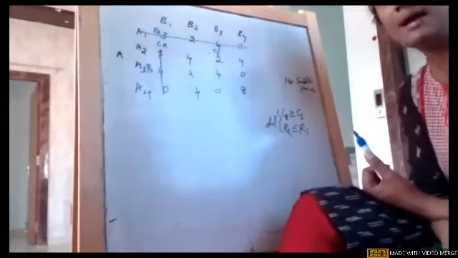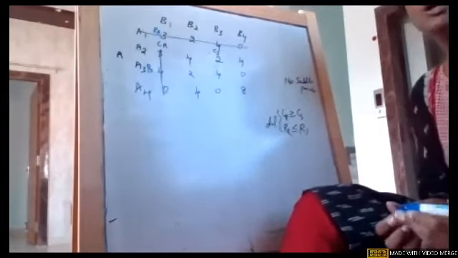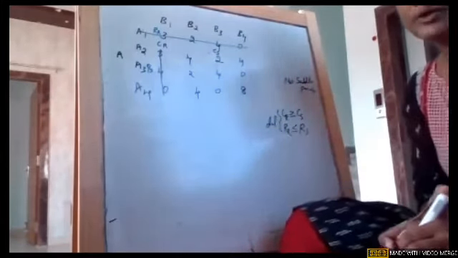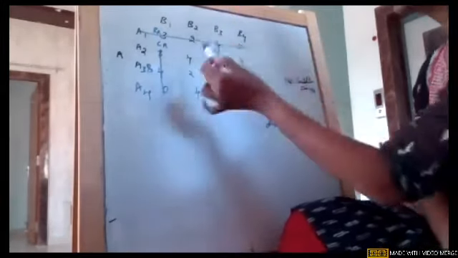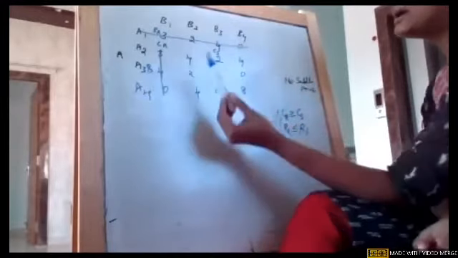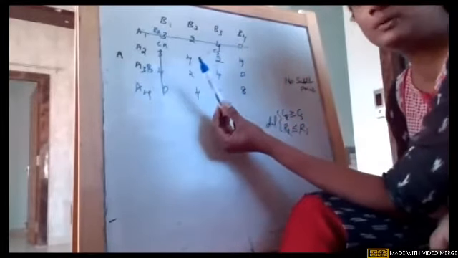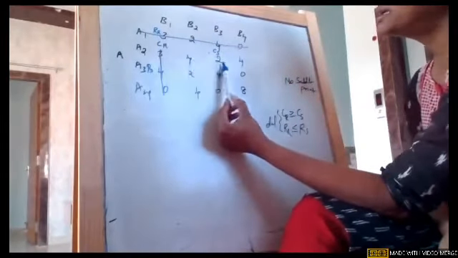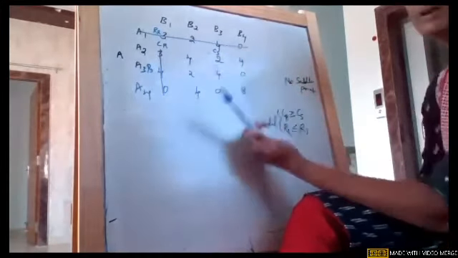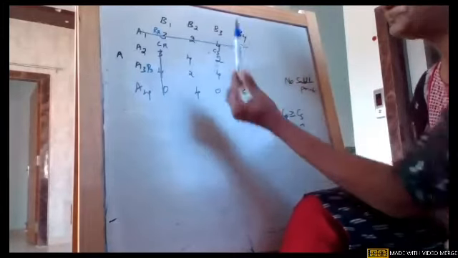Now again, the 3 by 3 matrix we need to further reduce to a 2 by 2 matrix. Okay, so that is the challenging task. So now what happens, girls, in this 3 by 3 matrix, we can't apply dominance. For you all to understand, I'll just show you. Listen carefully. I'm coming column wise first, and then again I'll go row wise.